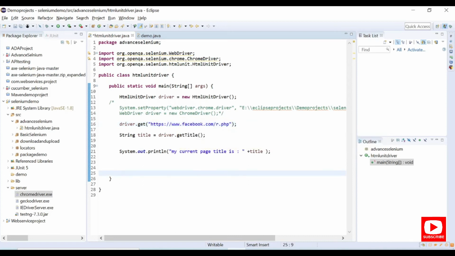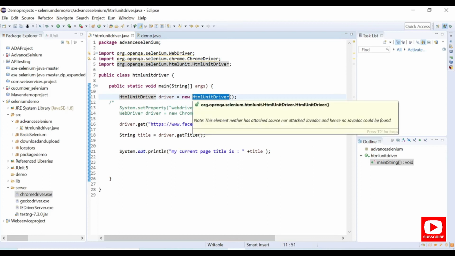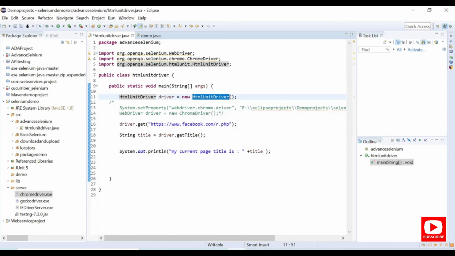Now one more point here is the HTMLUnitDriver. I have launched this HTMLUnitDriver and performed some action using this URL and getting the title. I don't know which browser I'm using. I wanted to perform headless execution, but that is fine. But in which browser I need to perform this headless execution is not defined, right? So here we have an option in the HTMLUnitDriver where we can provide that. In the HTMLUnitDriver, we can provide arguments